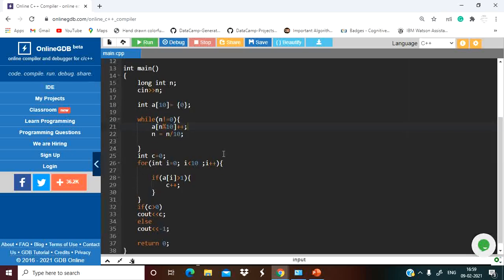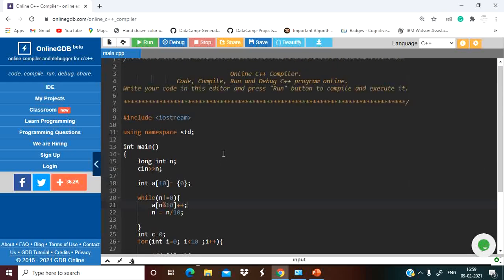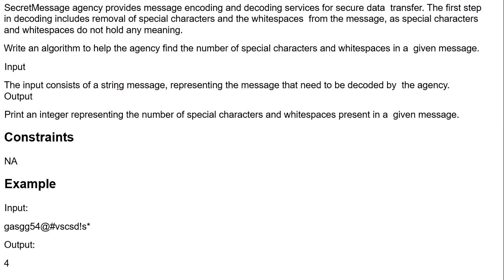Okay, so this was a kind of easy question. Let's see the next. So here's our next question. The question says Secret Message Agency provides message encoding and decoding services for secure data transfer. The first step in decoding includes removal of special characters and white spaces from the message, as special characters and white spaces do not hold any meaning.